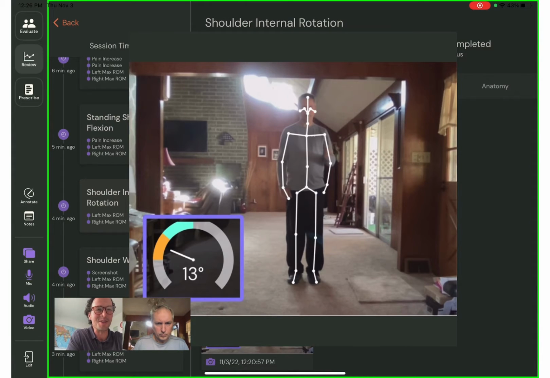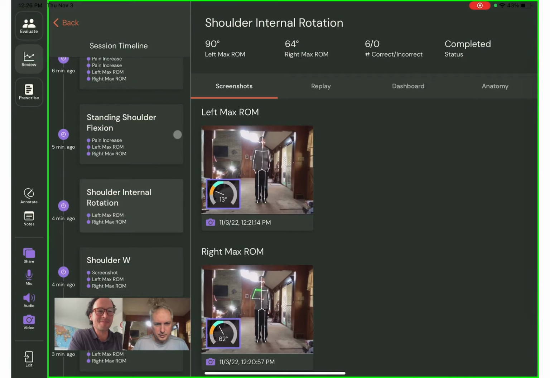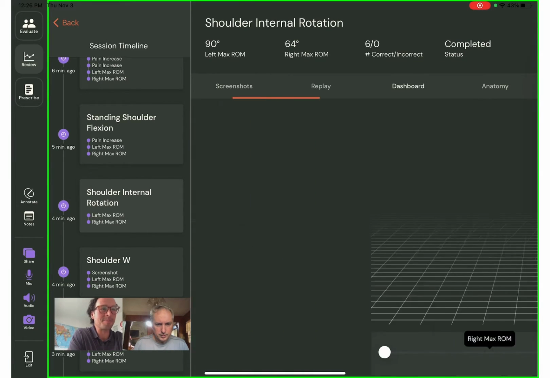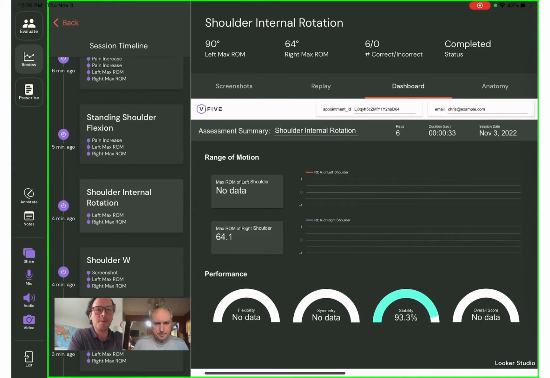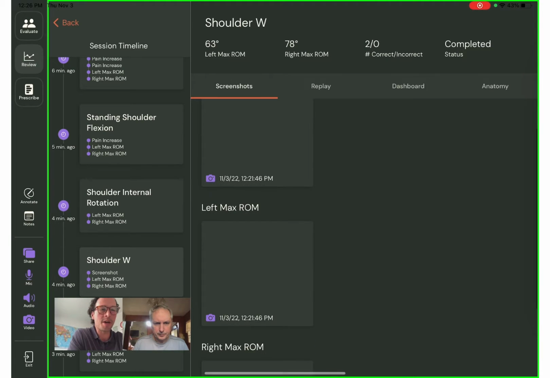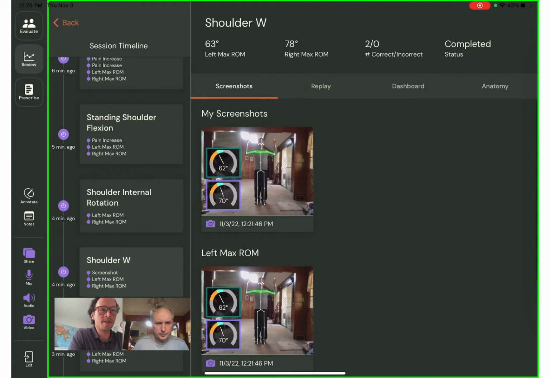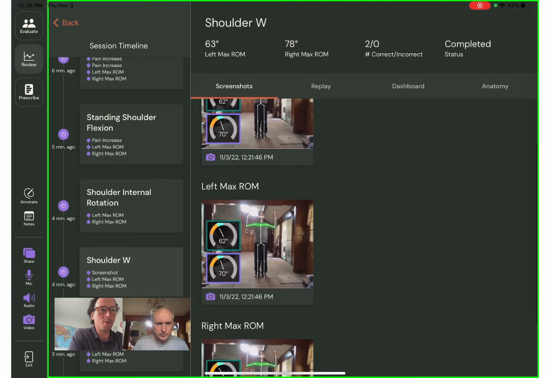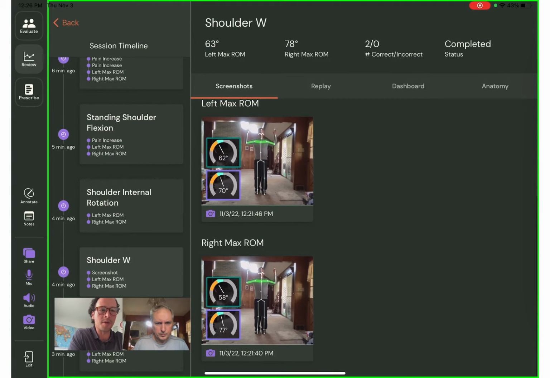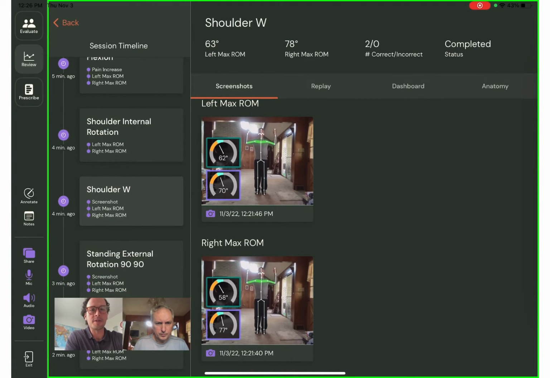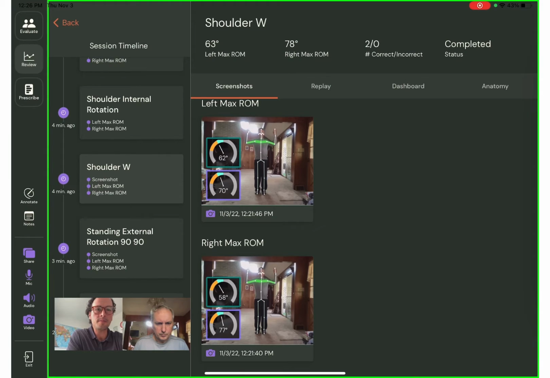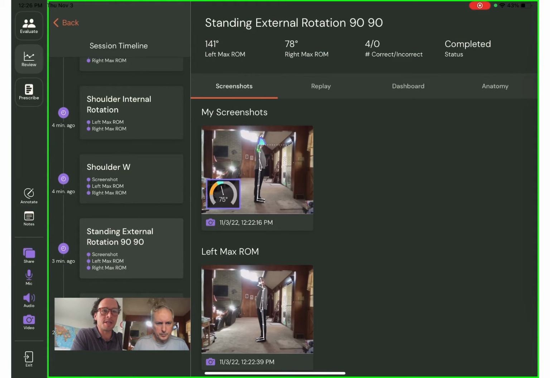Looks like there's a little inaccuracy there, but that's okay. We'll get there. All right, shoulder W. Again, pretty close here. Right was a little bit more, but again, not too much of a difference, so not a big concern. Shoulder external rotation, you did say you had a little bit of pain here